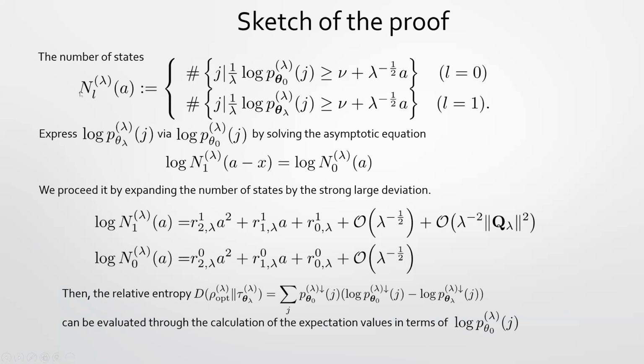If we consider the uniform distribution, then this number is considered as a probability of this set, because the uniform distribution case is almost the same, only a constant times the number of elements. So then we apply the standard deviation analysis for the case of the uniform distribution. Then we have this kind of expansion. This kind of expansion is quite important.